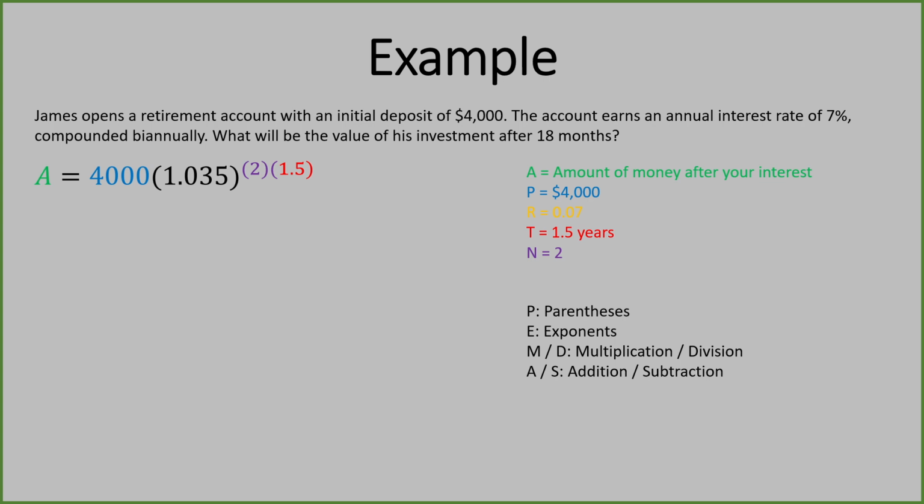Now we switch on over to the exponents. Our 2 and our 1.5 are separated by parentheses and next to each other, so we know that we have to multiply them, and that gives us 3. Now, to finally get rid of that exponent in our equation, let's raise 1.035 up to the third power in our calculators, and that gives us a long number, which we'll just write the first few digits down here. Now, we'll take that number and multiply it by 4,000, and we get